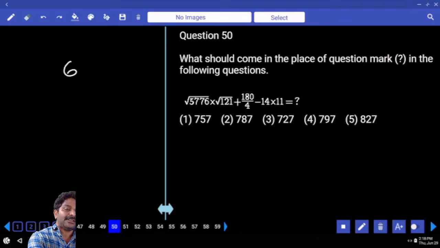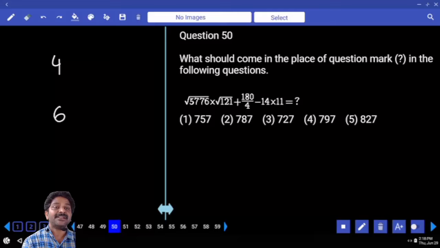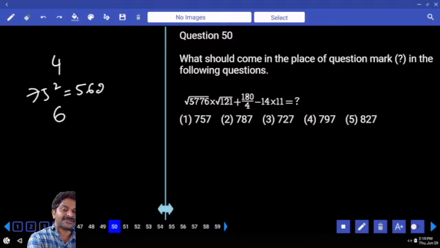5776. So that may be either 4 square or 6 square, correct? 70 square is 4900, and that is more than that. So let's calculate 75 square. 7 into 8, 56, 25. Our under root value is more than 5625. So it has to be